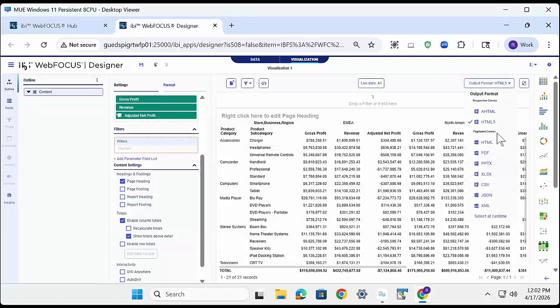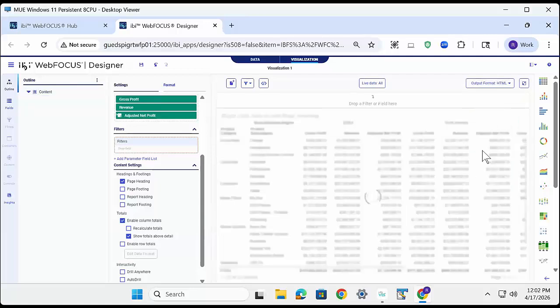Had I been in the paginated canvas, it's still HTML5 with the HTML as the output, as you can see from the report I just ran. But when I run it in preview using a paginated canvas, you'll see that the totals will be on top. I like to mention that it's a great